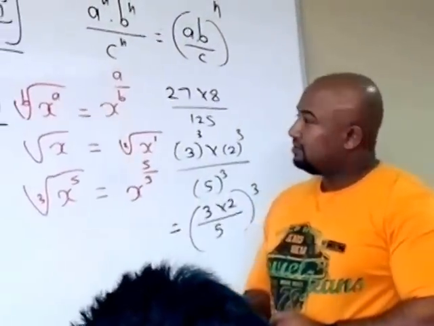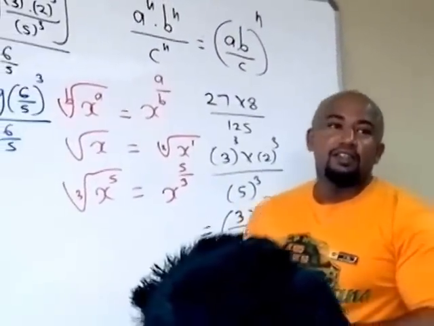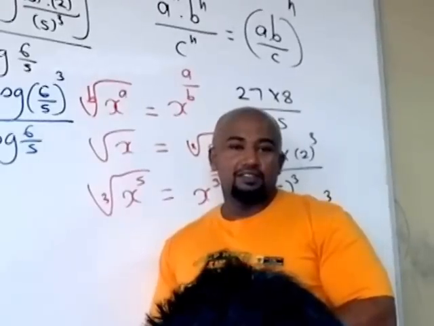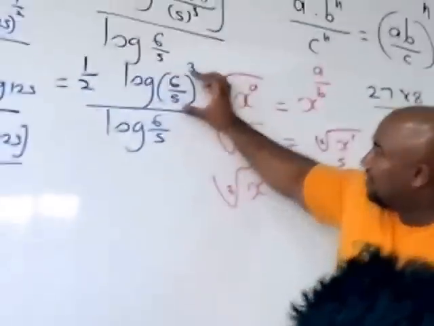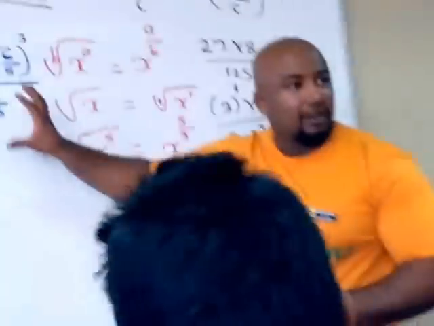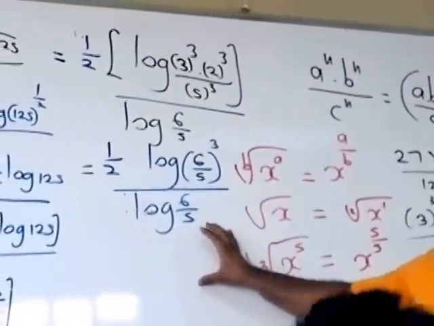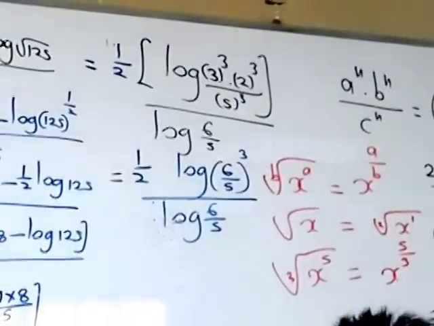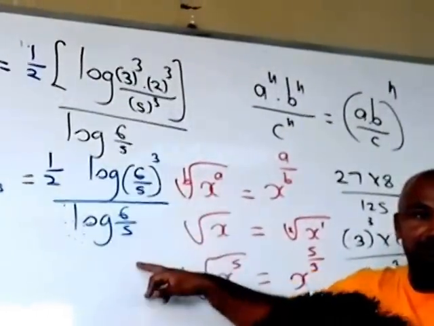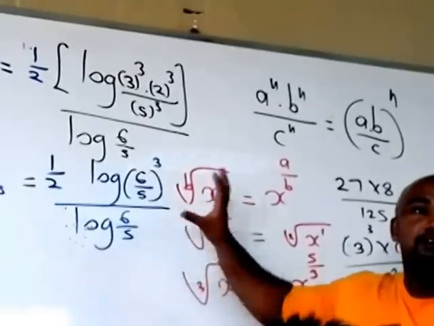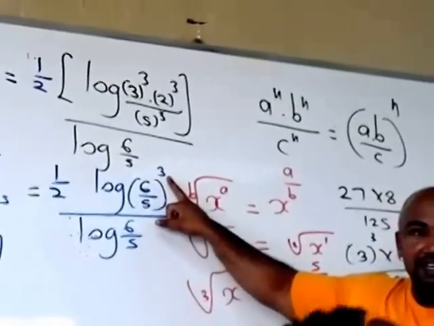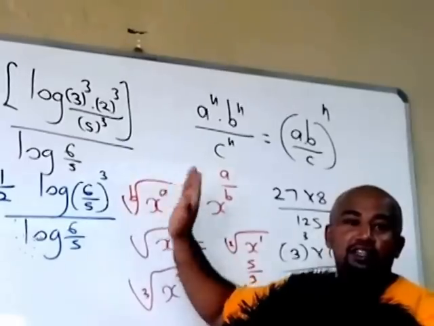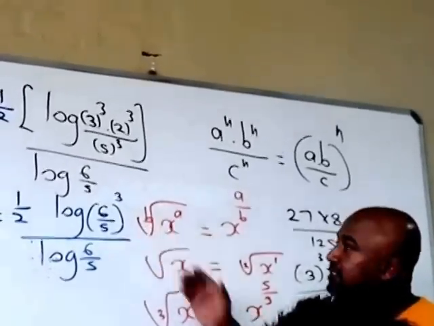Now, what do you think I'm going to do next? You look at this and straight away you can see a common factor: log 6 over 5 on the top, log 6 over 5 in the bottom, but it cannot cancel at the moment because it's not the same. Right, it's almost the same, but not exactly, because this has a 3 there. Can you see that? So can you get rid of this 3? Move it to the front. So all you do is,